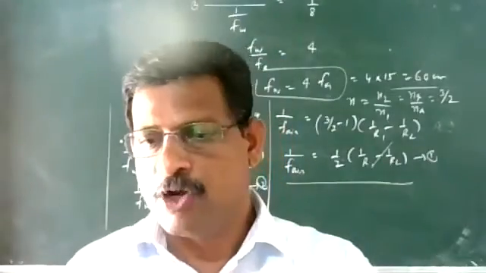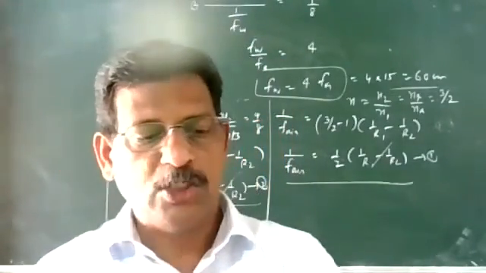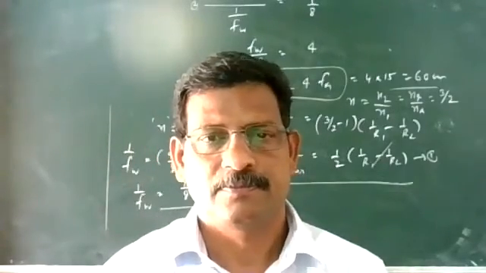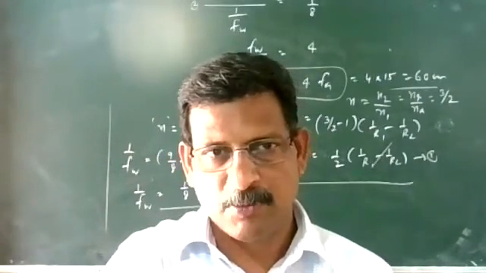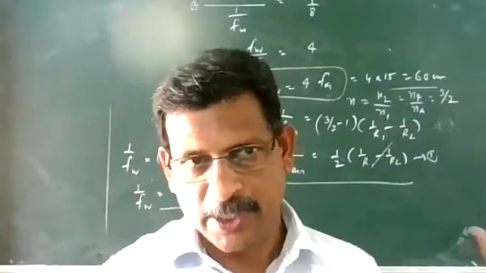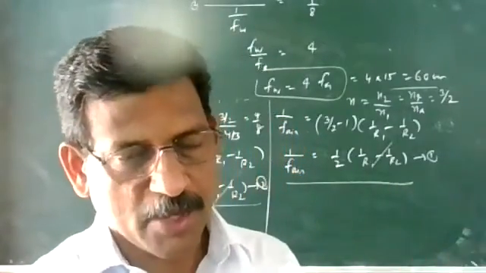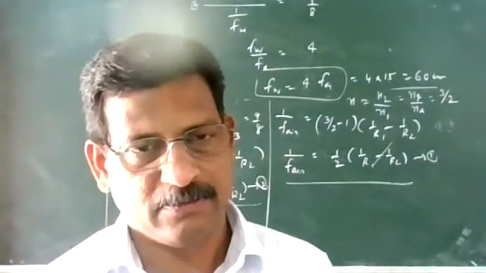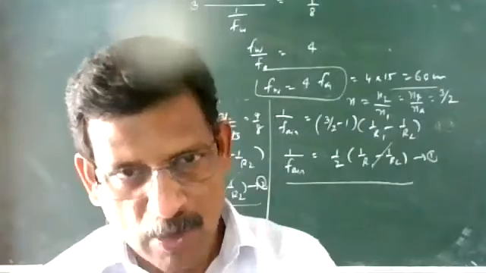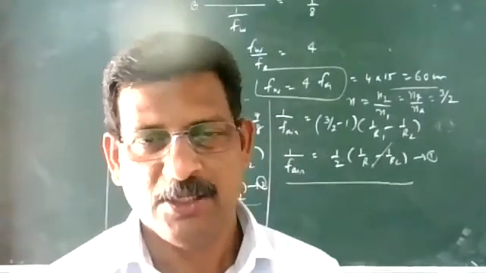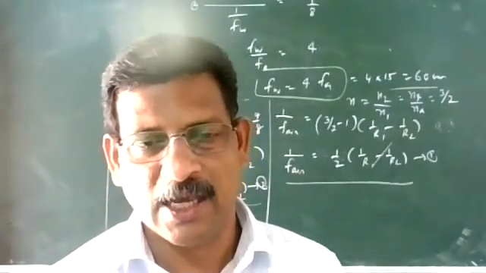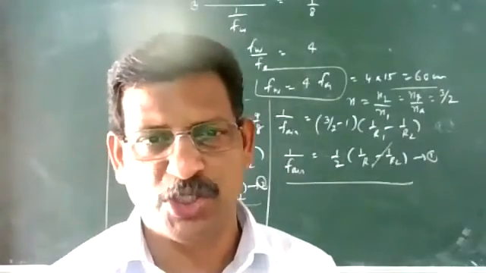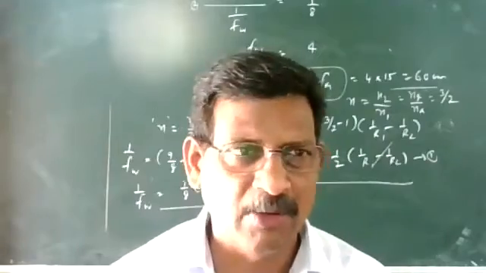Next is, for a lens, there are two principal foci. We have defined one principal focus according to the definition. Object is at the left side, that is infinity. Rays are parallel and all are converging to a point on the right side. So that is one principal focus. One more principal focus is lying on the left side. Of course, they are equidistant if the radius of curvature is not changing and the surrounding medium is not changing. They are equal, but we have to show that.